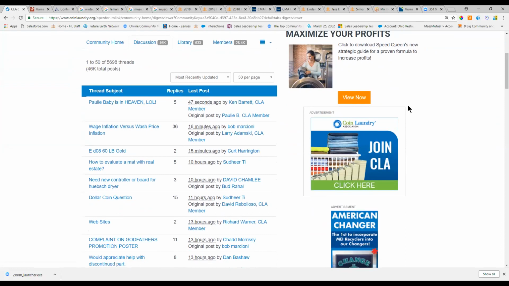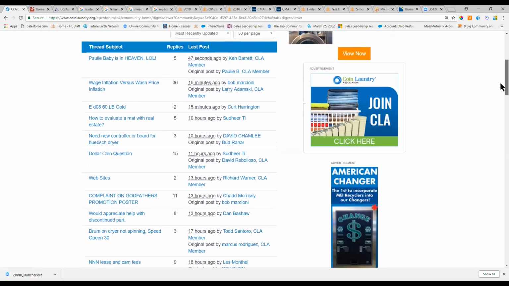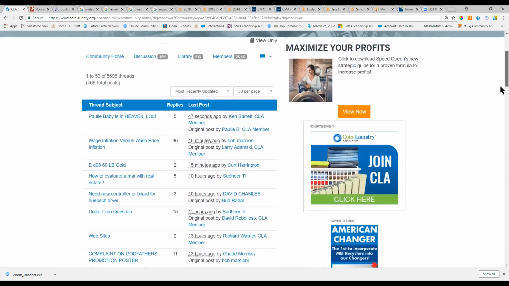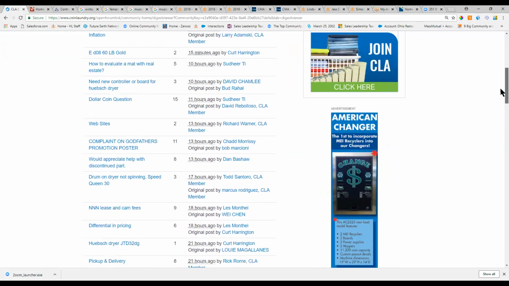Specifically, things very, very relevant to that industry. Now, if I'm a member of this association and I'm going here as a resource to find information, to look at different library documentation, to read different discussions, to engage with my peers, I can't leave this organization. If I use this drum dryer and it's not spinning correctly, where else can I go to get this information? Certainly, maybe you could try a Google search, but these are my peers experiencing the same problems or the same issues that I'm facing. I can't leave this organization.